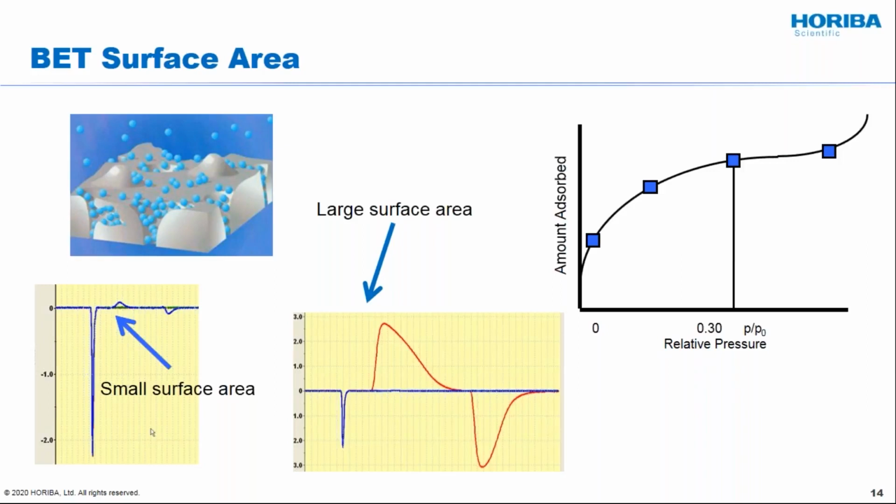And there you can see on the right-hand side what happens. Typically, if you want to do a multi-point surface area measurement, you're going to use different relative pressures of your nitrogen to make the measurement. And you just go through and do these sequentially in order to calculate your surface area. So again, we're not going to spend a whole lot of time on this. I just wanted to introduce it to you